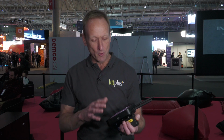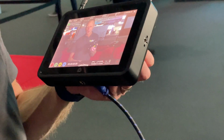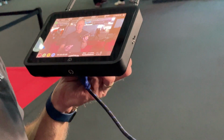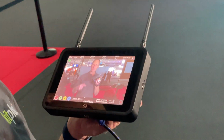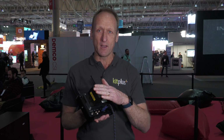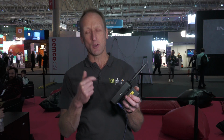Now, the one bit of kit that I'm holding here in my hand, which I'd like to tell you about, which we haven't used before, is the Atomos Shogun Connect. Now, this is on a long HDMI cable. Normally we have it on a curly cable, but I wanted to have it in front of the screen to show you. Again, we're powered by an IDX battery, and these two aerials here are tethered to a mobile phone